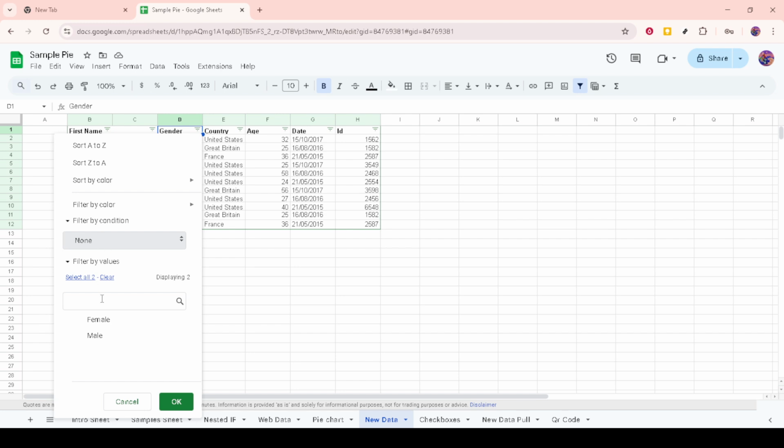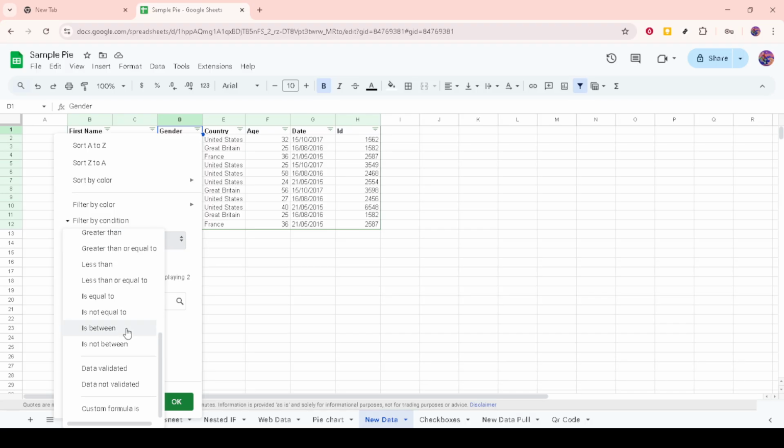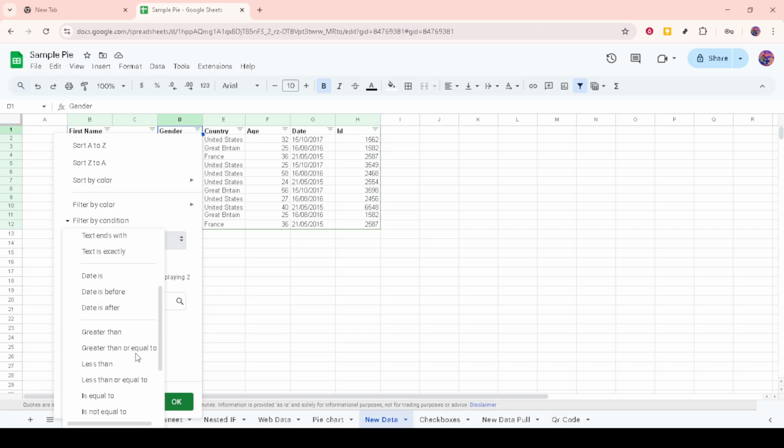It could be anything from viewing data that equals a specific value, data that's greater or less than a certain number, or any other criteria that are relevant for your analysis. Once you've decided what you want to filter by, it's time to set your specific criteria. Enter the details depending on the condition you've selected. This might involve typing in numbers, words, or even using specific parameters.